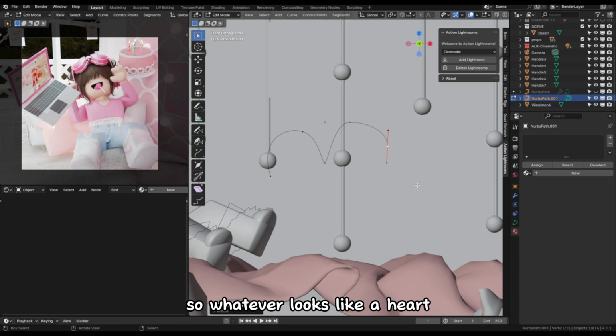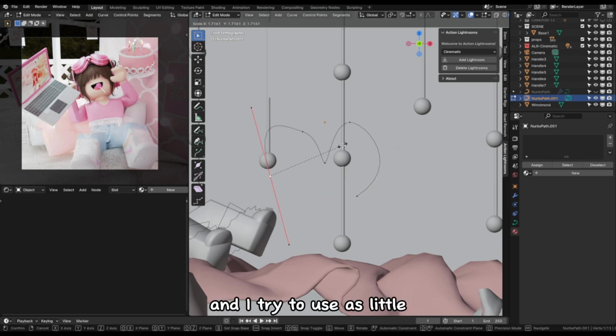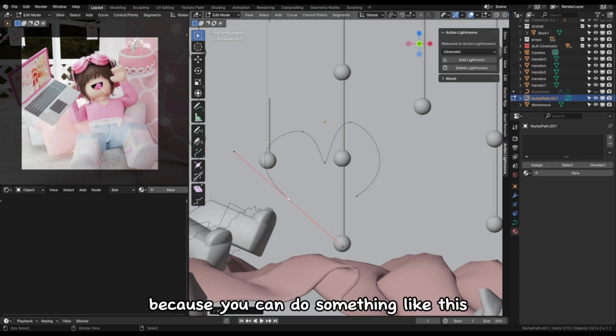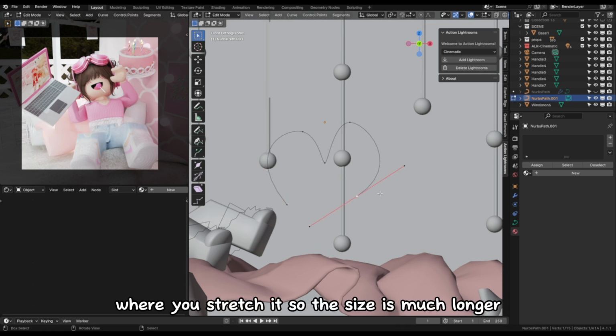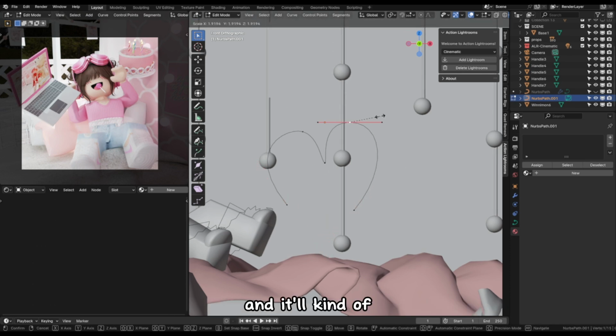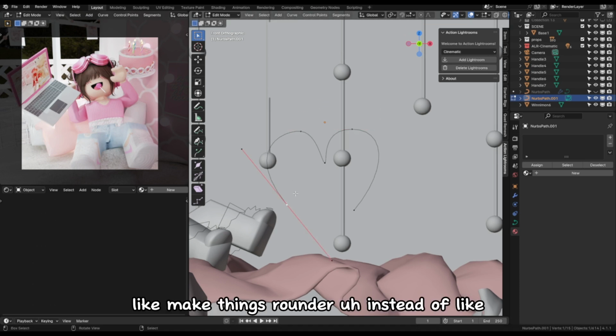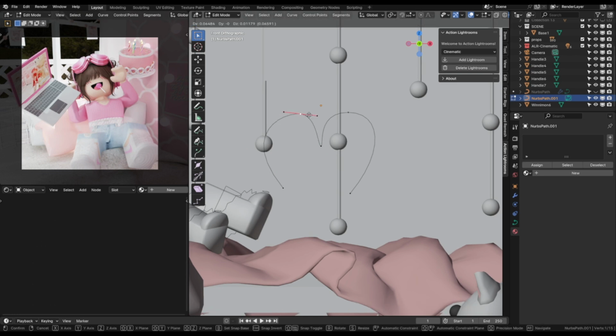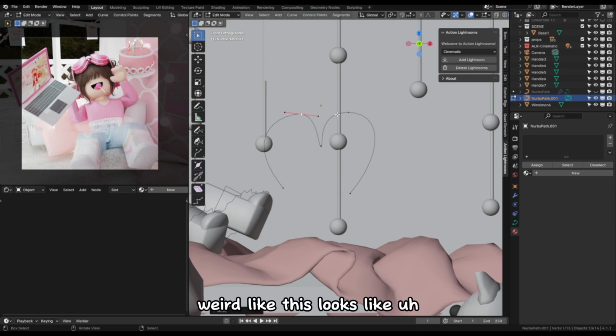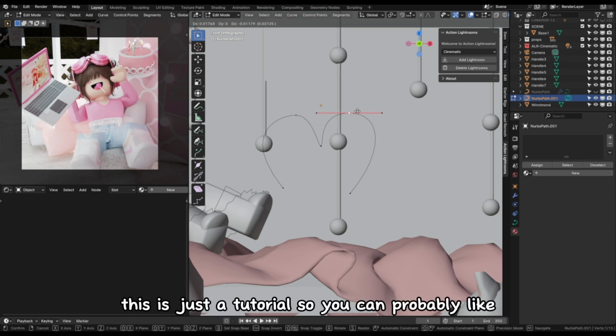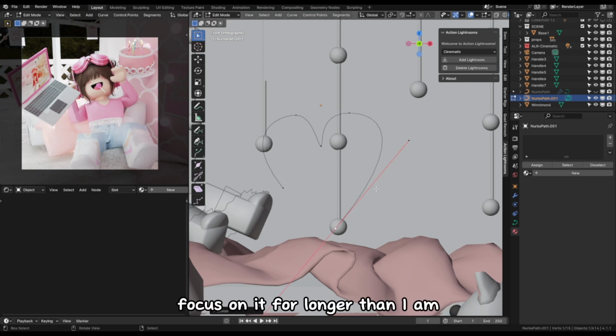So whatever looks like a heart. And I try to use as few points as possible, because you can do something like this where you stretch it so the size is much longer, and it'll kind of make things rounder instead of weird like this looks. This is just a tutorial, so you can probably focus on it for longer than I am, but then